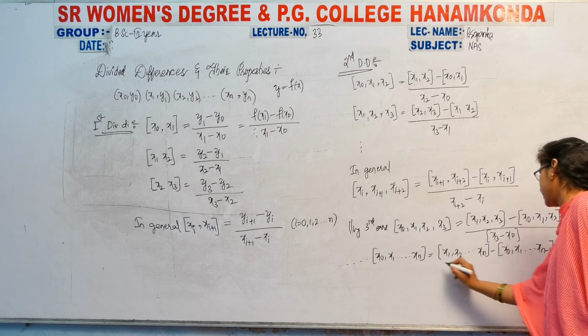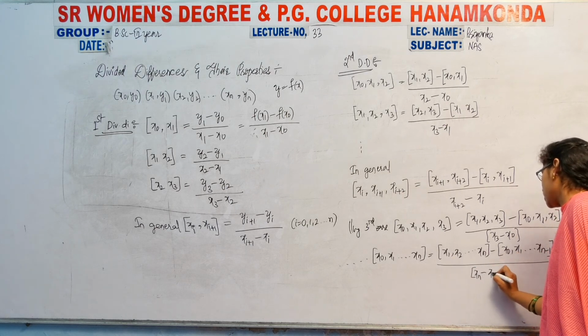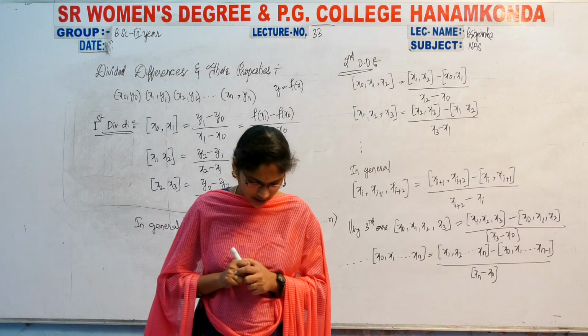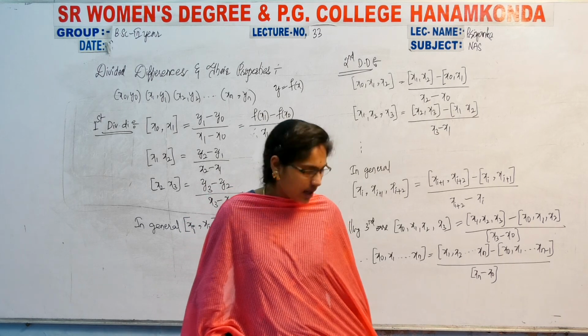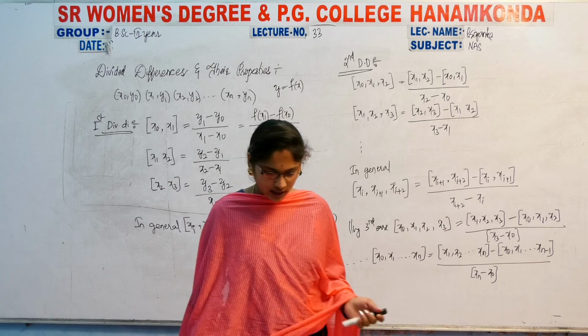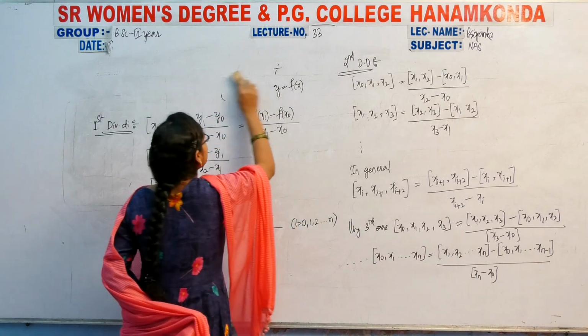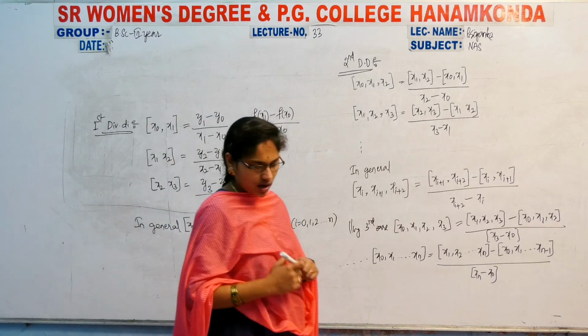N minus 1, x. So these are the divided difference formulas. Okay, so next, in another way, the first divided differences are